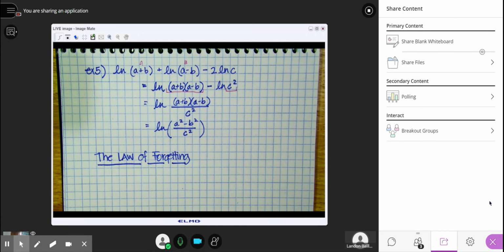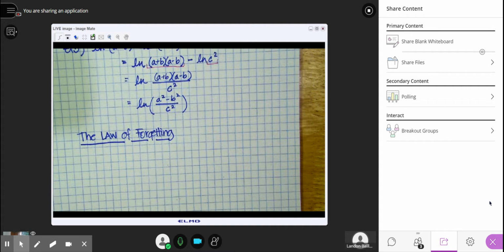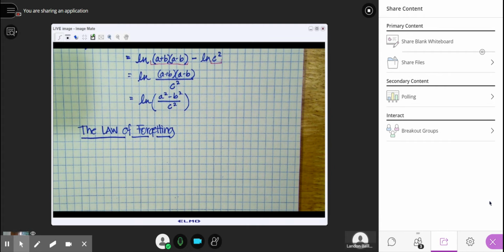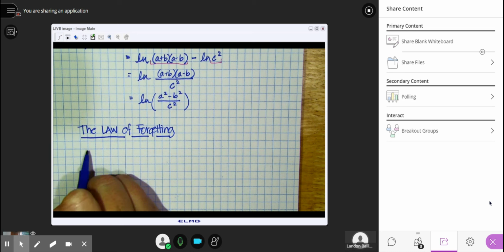All right, then let's take a look at the law of forgetting. The law of forgetting is one of my favorite nonsensical math laws. It is an application of logarithms, and it is just that. It's an application. This is not anything that you have to memorize. It's just something that I find interesting. All right, and the law of forgetting says this: